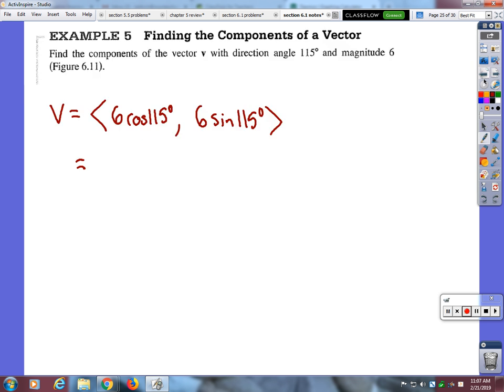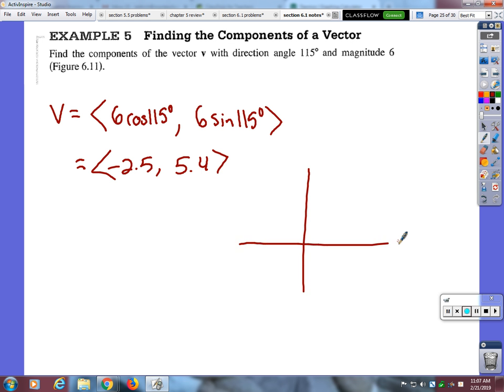Negative 2.5, just as they are written. Nope, you just do each one separately, 2 different pieces. And 5.4. Okay, so the reason why this came out to be an x-coordinate that's negative and a y-coordinate that's